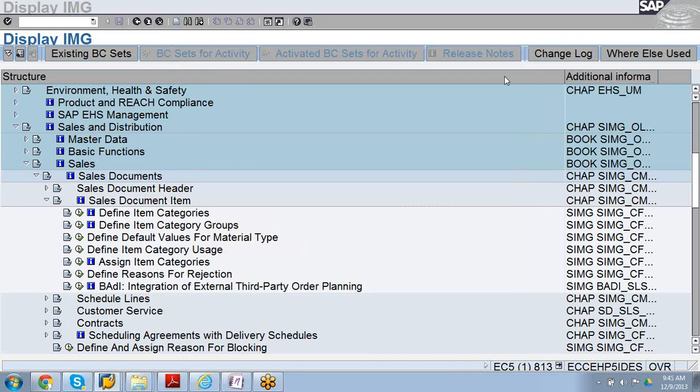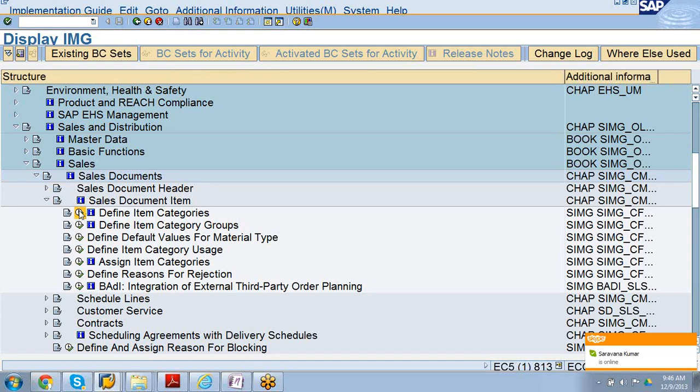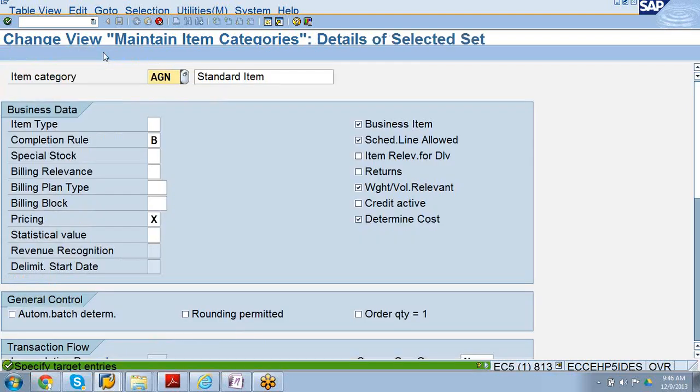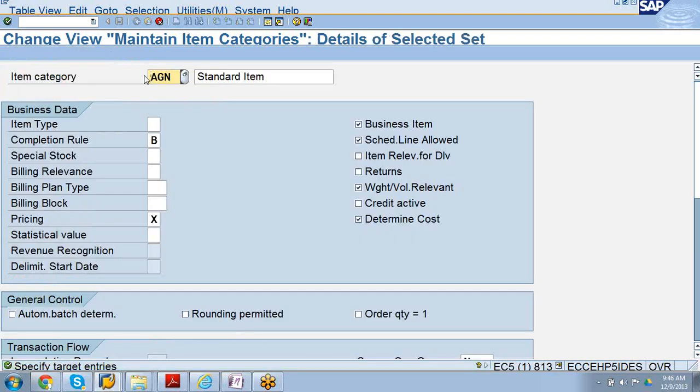Did you create any item category? I have created one in the office that day, but I didn't find it here on this server. You can simply create a copy as.